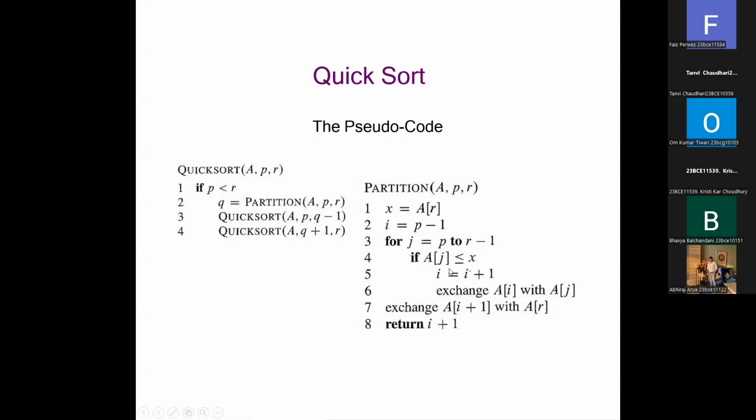If the condition is satisfied, then increment the i value and exchange A of i with A of j. A of i is your P minus 1, A of j is your current j index position. Then exchange A of i plus 1 with A of R, where A of R is the